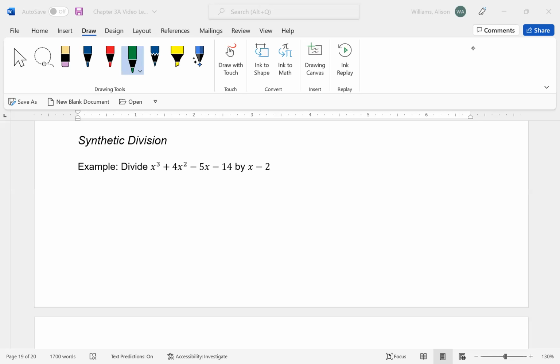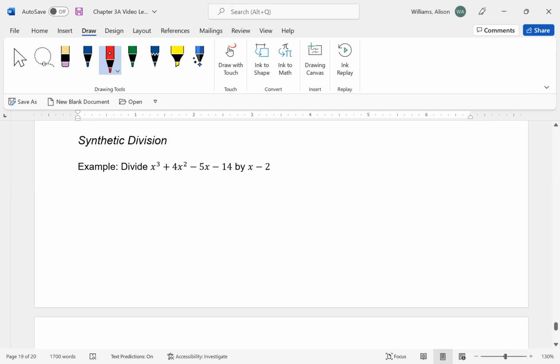In this video, we're going to cover synthetic division, and we're going to see one application of that. So the best way to learn synthetic division, in my opinion, is to actually do it by example. The idea with synthetic division is to do long division, but much quicker. So the first thing we're going to do is basically drop all of the variables and only